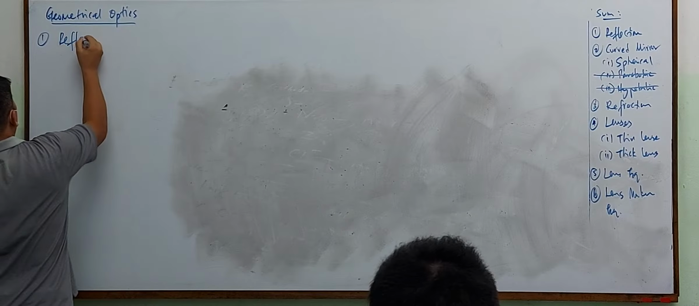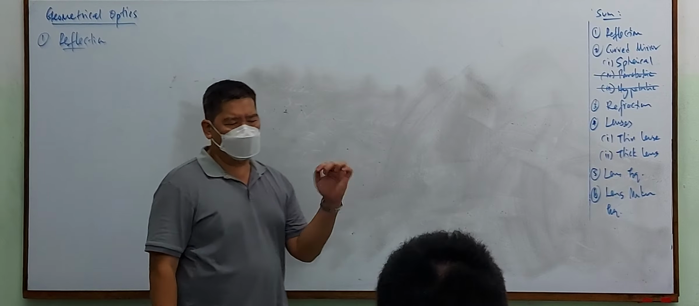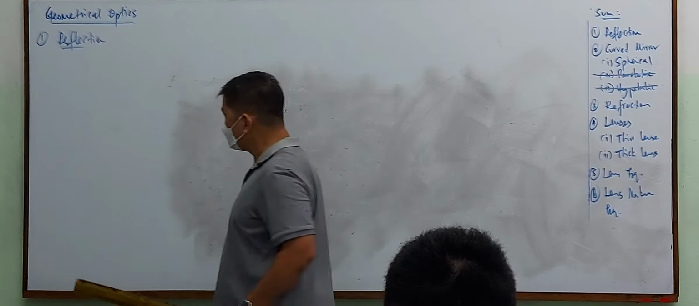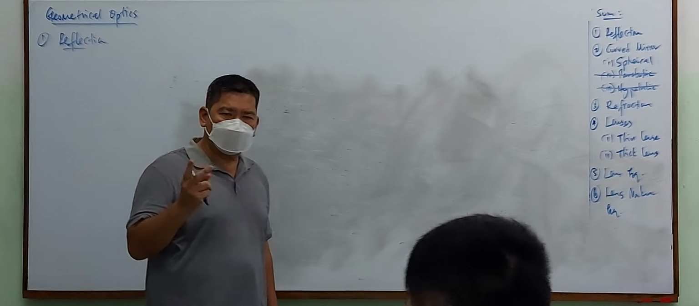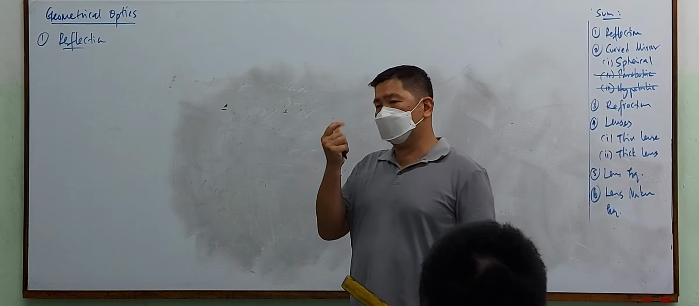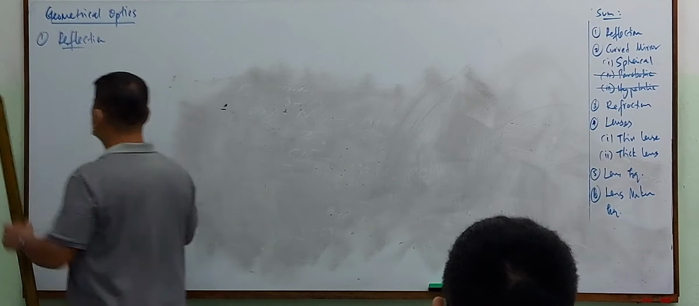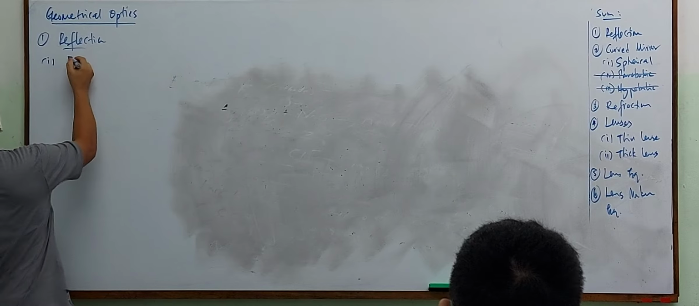What is reflection? Reflection is a bouncing of light ray from a surface. That surface can be any surface, but we divide surfaces into two types: a rough surface and a smooth surface. So for reflection, we look at two types of reflection. One is